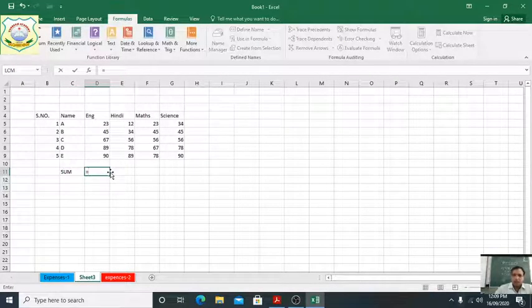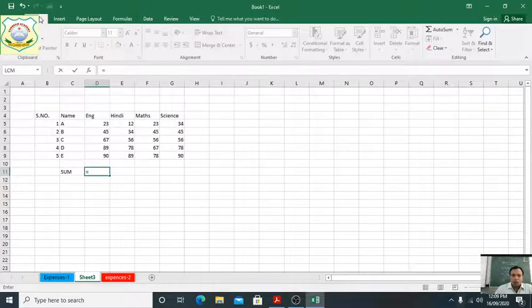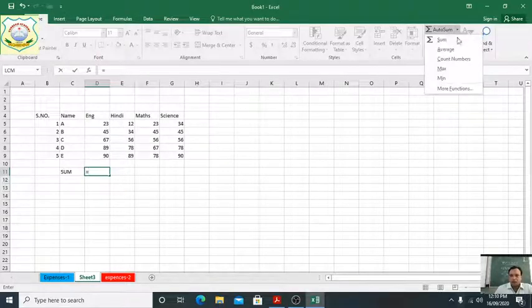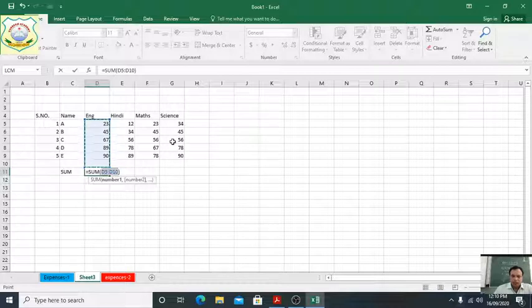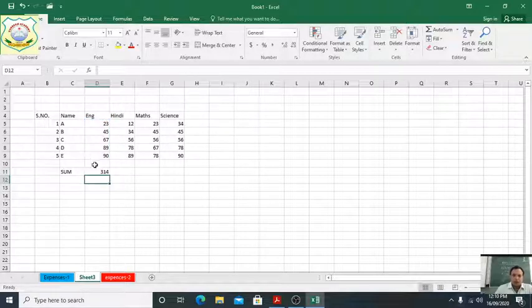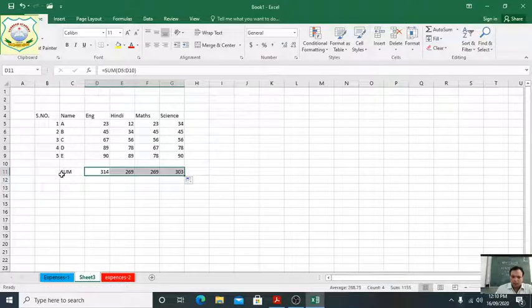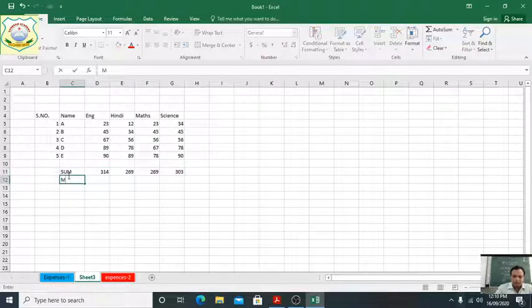What will we do here? Equal sign. Home, auto sum function. Sum. Students, press enter after the sum and we will get the answer. Similarly, we will drag it, so we get all the answers. Clear? Max function. Equal sign. Always start from the equal sign, students. Go to the auto sum function, then max.